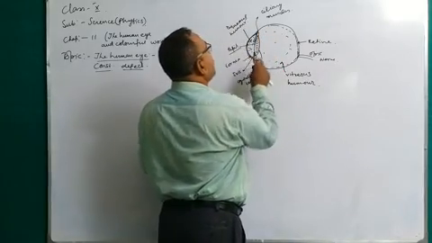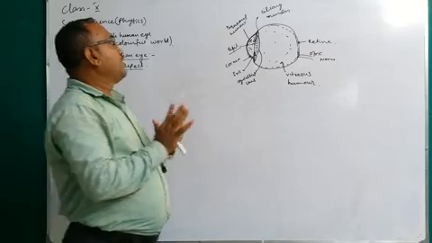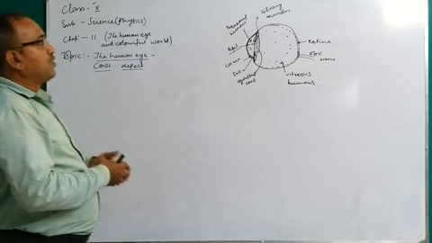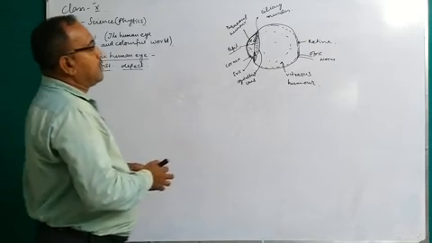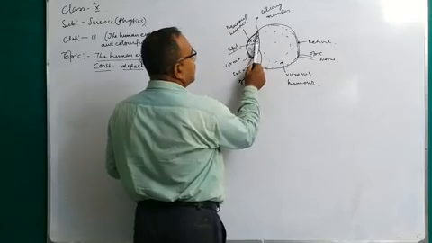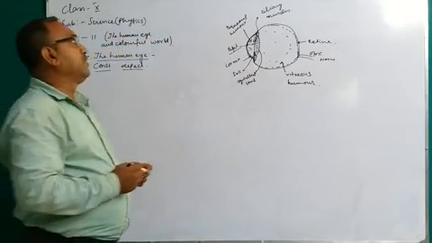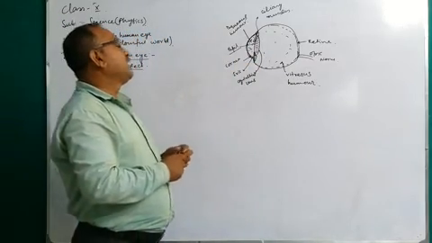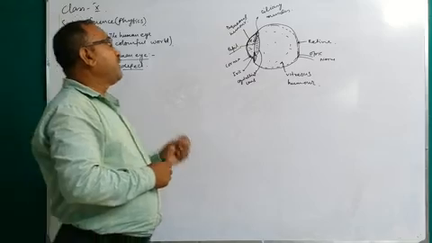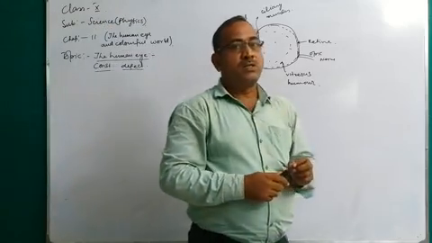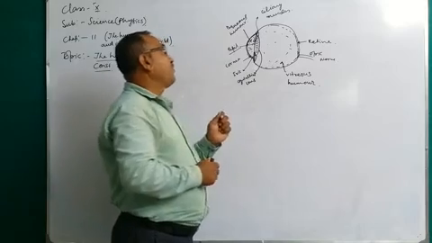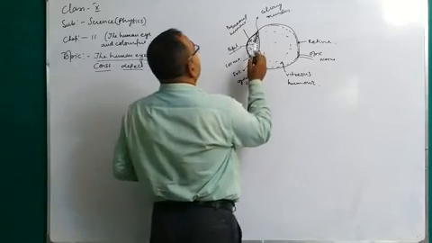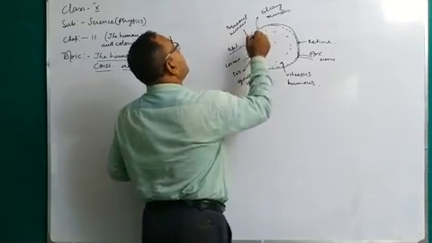Each and every part of the human eye you check, which acts as a physics. You see here, this part is the lens. Which type of lens? It is the convex lens made by the muscles. So it is not made by glass, so it will be flexible. It will change the focal length. Am I clear? This lens is held by the ciliary muscles.